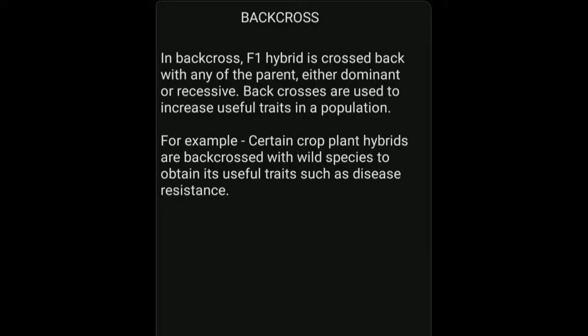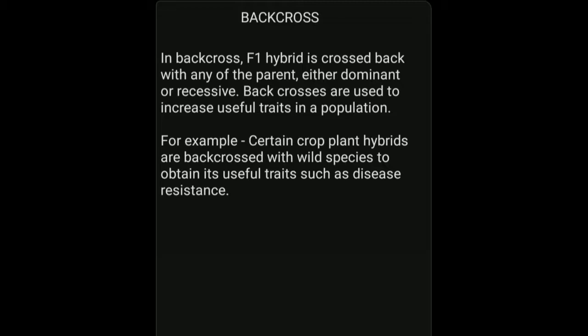Backcross. In backcross, the F1 hybrid is crossed back with any of the parents, either dominant or recessive. Backcrosses are used to increase useful traits in a population. Before learning about backcross, we need to know who proposed it. Backcross was first proposed by the scientist named Borlaug. This backcross is basically done to increase a useful trait or useful character in a population of any plant